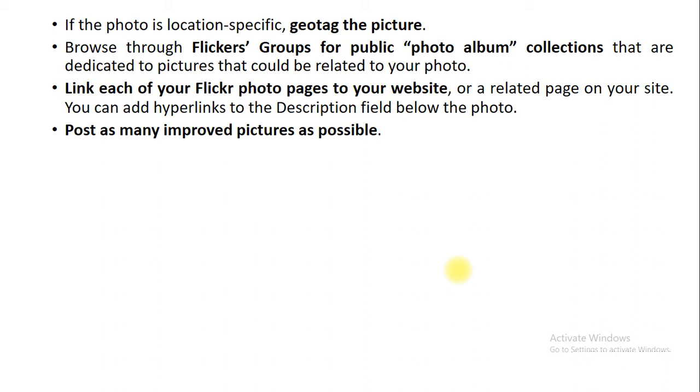You can also create a public photo album using a Flickr group. Flickr also allows you to link each of your Flickr photo pages to the website, and you can post as many photos as possible, but the quality of your picture must be good.